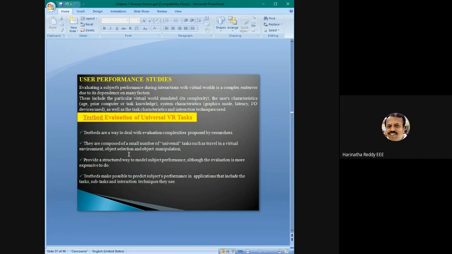I hope I'm audible. Anyone can reply? Okay. So now we go for the next one, that is user performance studies. In the previous classes, we studied about different factor studies. Is it clear? And then usability engineering methodology. Is it clear? Where we have discussed about